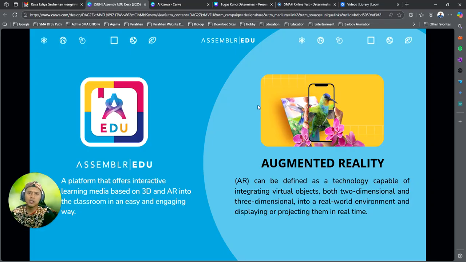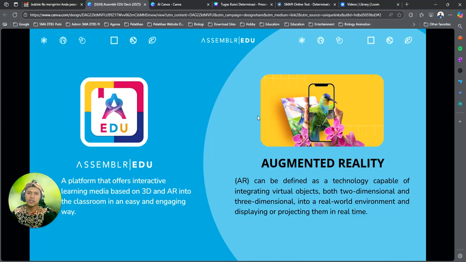Now, let's talk about augmented reality or AR. AR is a technology that integrates virtual objects, both 2D and 3D, into the real world and displays them in real time. So when students use their device, they can see these virtual objects as if they exist in their actual environments.